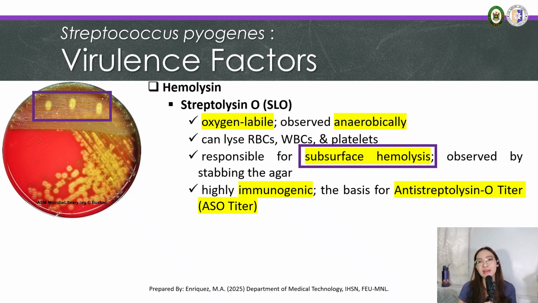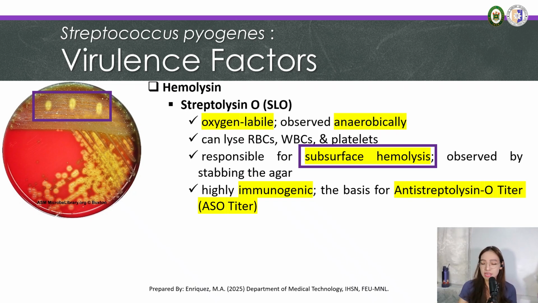Now, by stabbing the agar, no, again, it creates an anaerobic environment. Kaya po siya tinawag na subsurface hemolysis. Now, if subsurface hemolysis is observed, kapag nakita nyo po na nagkaroon ng hemolysis in those areas where the stab was made, then this means that your streptococcal isolate can in fact produce streptolysin O and may possibly be Streptococcus